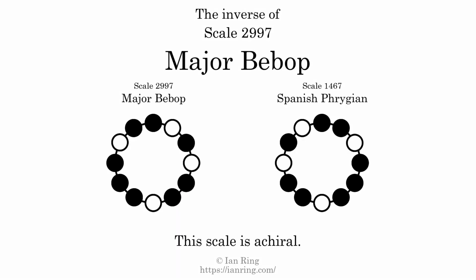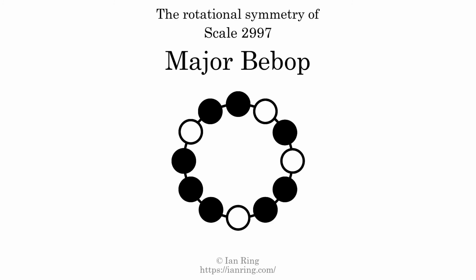The inverse of a scale is a mirror image. It is what you get when the sequence of intervals is reversed. The inverse of this scale is scale 1467, also known as Spanish Phrygian. This scale is achiral, since it can transform into its own reflection by a rotational transformation. This scale has no rotational symmetry. For even more detail about this scale, visit